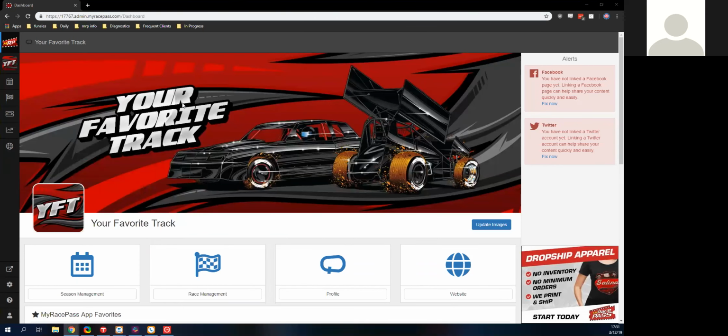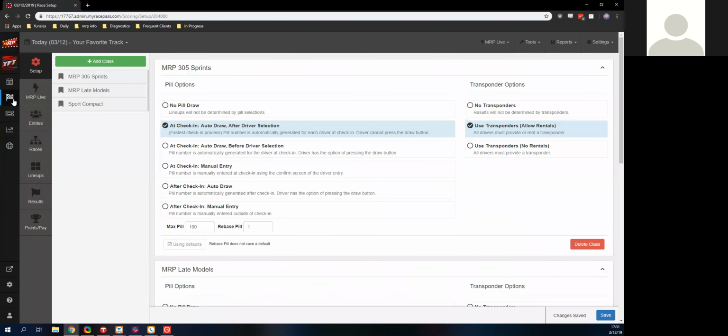This is my dashboard here. This is the test racetrack that we have here in MyRacePass. I've already gone in and set up my schedule and events, but what I'm able to do now is just go to race management here. I actually have an event for this day. It has all of my classes